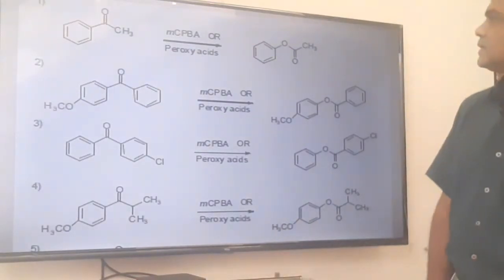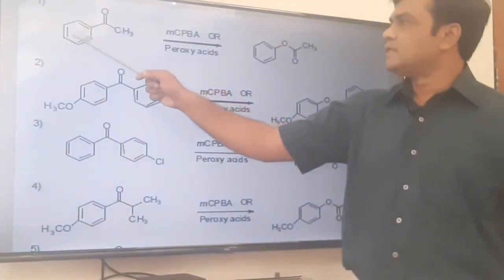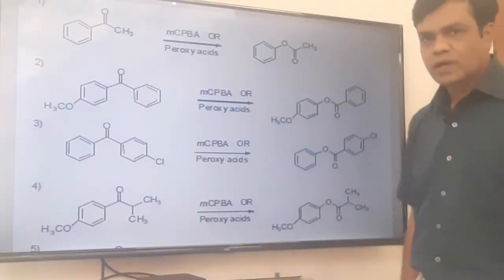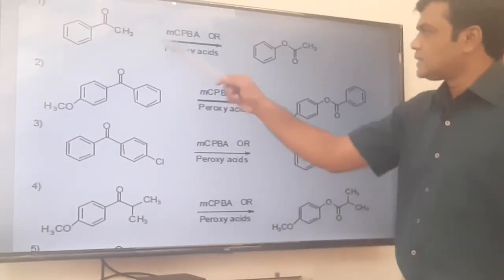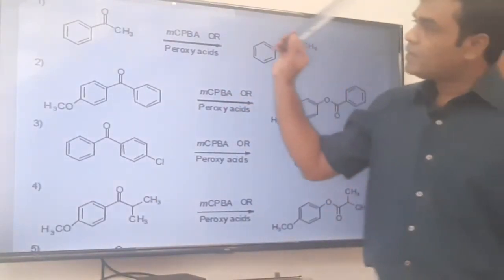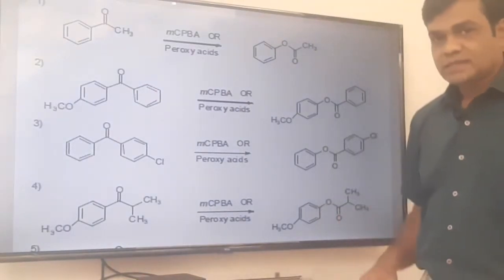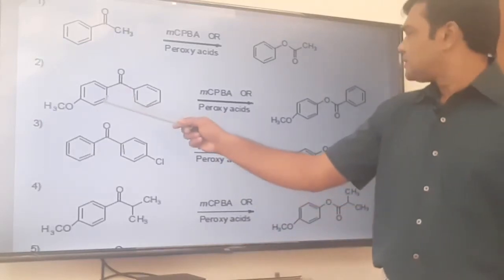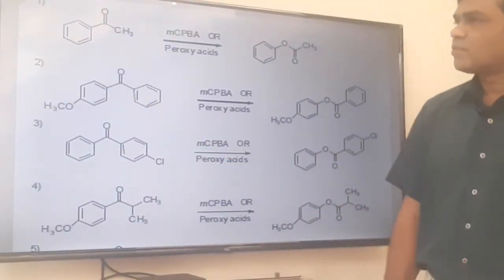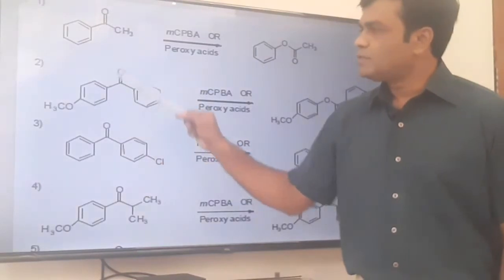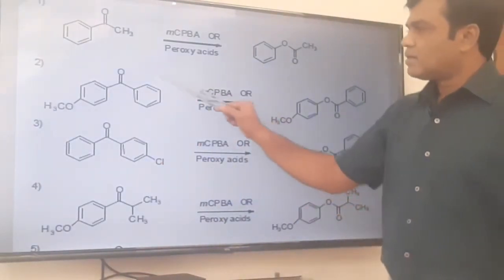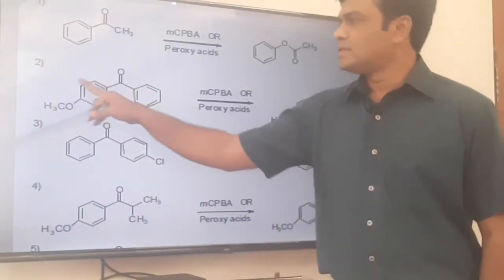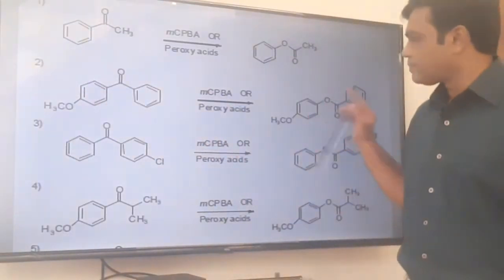So let us see some other examples. Now here, one side benzene is there, the phenyl ring, and on the other side methyl is there, corresponding to the carbonyl group. From one side phenyl, the other side methyl. So oxygen is incorporated from the phenyl side, as it is the bulky group, I can say at this moment. Now here it is interesting, from which side will oxygen be incorporated, whether from this more substituted methoxyphenyl side or the phenyl ring? Of course from this side, because here it is the methoxy group, the bulkier group.